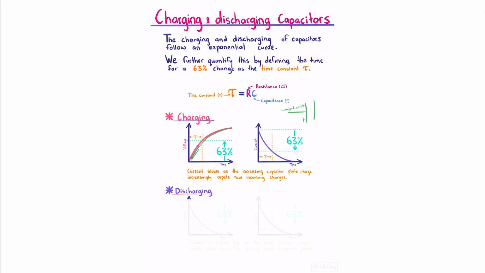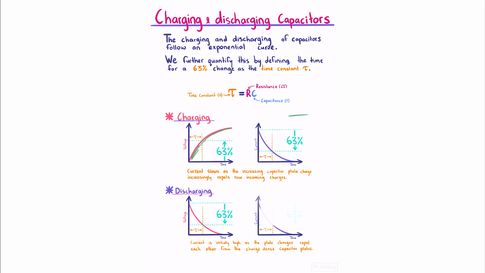For discharging a capacitor, the voltage starts at a maximum and then decreases to 0. The time for a 63% drop is our time constant tau. And for current, the current is initially high as the plate charges repel each other from the charge-dense capacitor plates. And so if we have our capacitor plates, which are fully charged, then the high density of charges is going